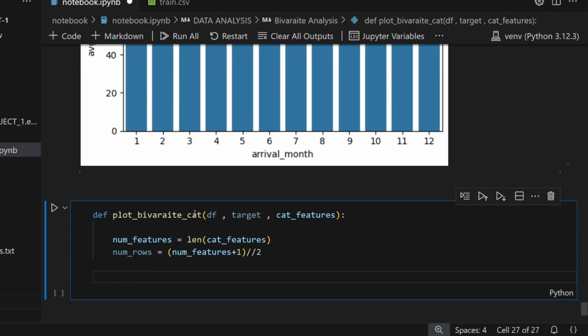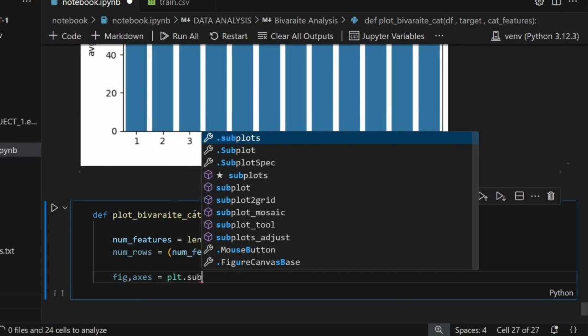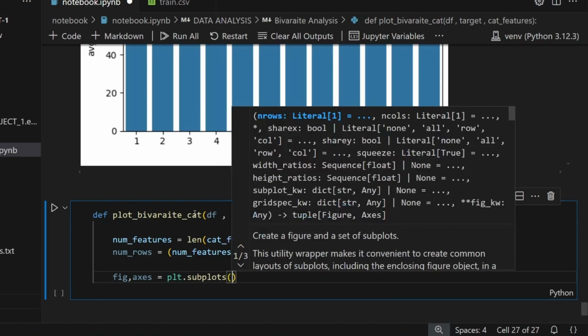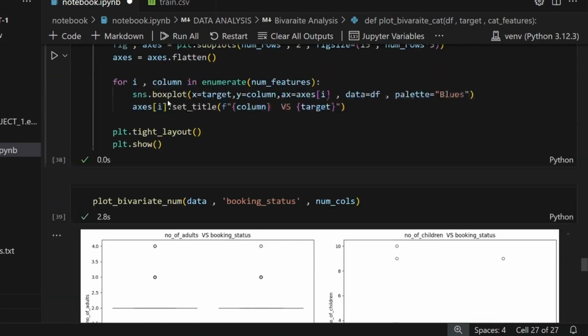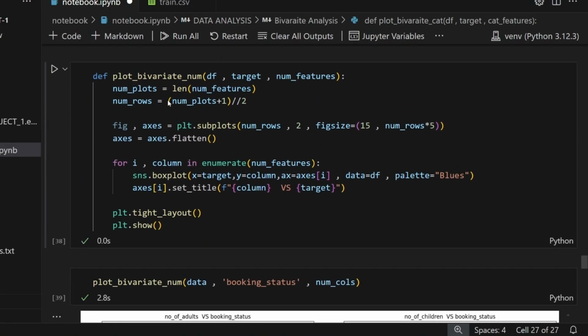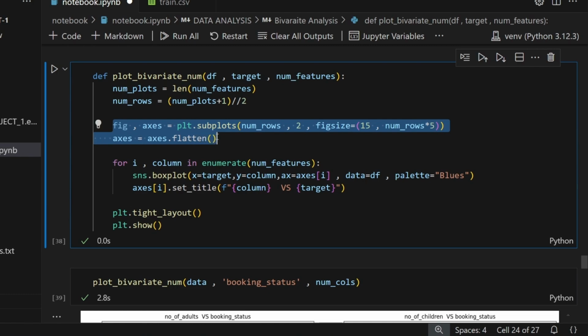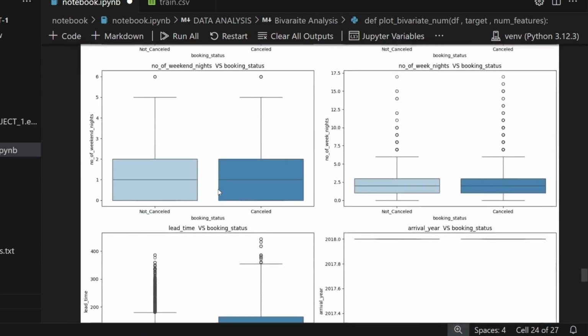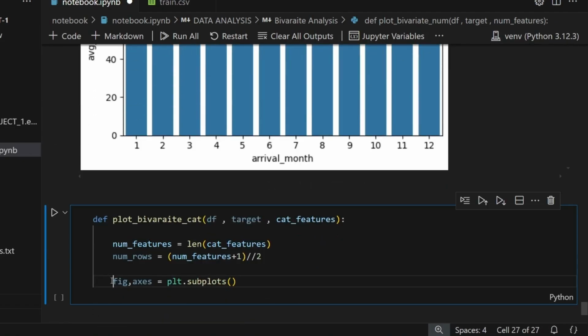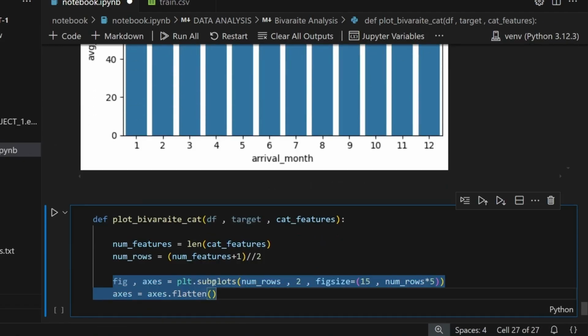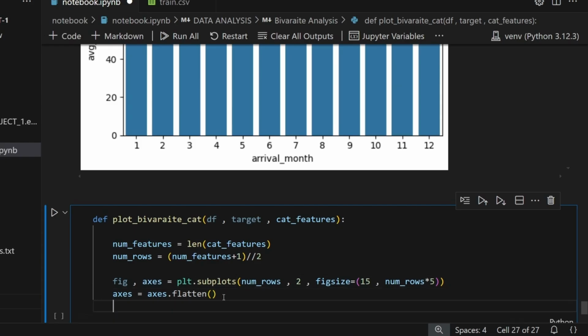Got it? Now again fig, again axes, then we will do plt dot subplots. Same thing we have done above, exactly the same. So you can just copy it, if you want to copy this much, you can just paste it here. Right? Now